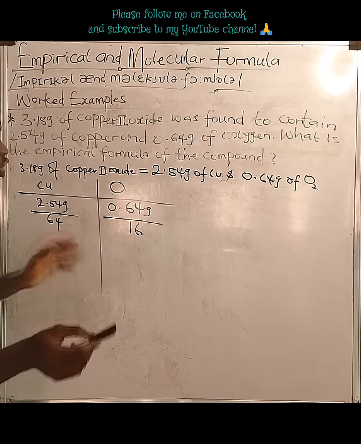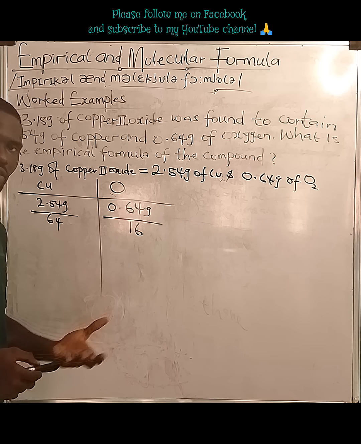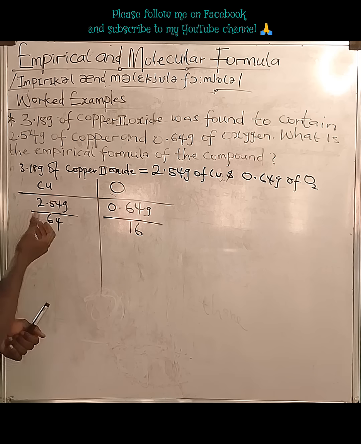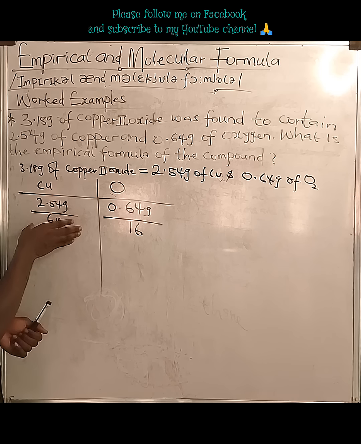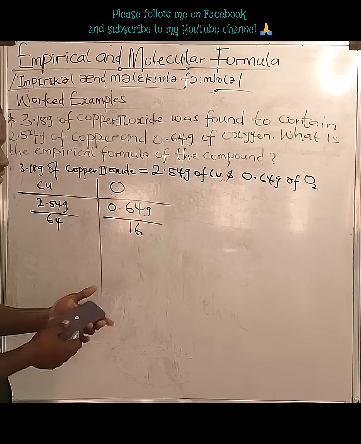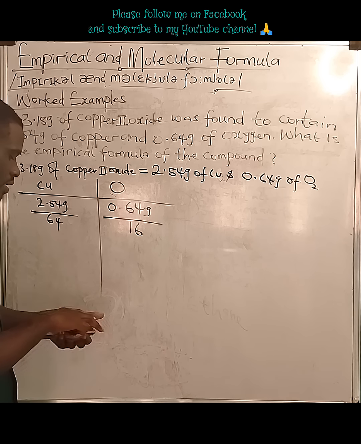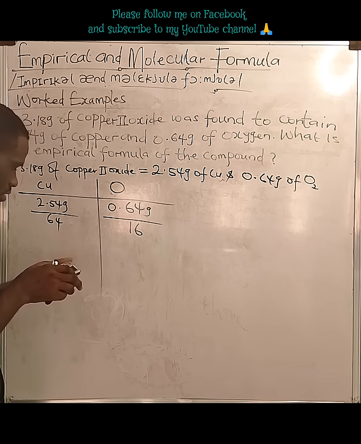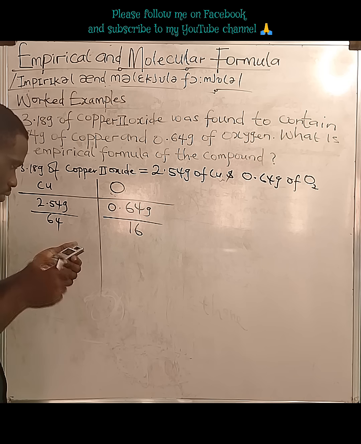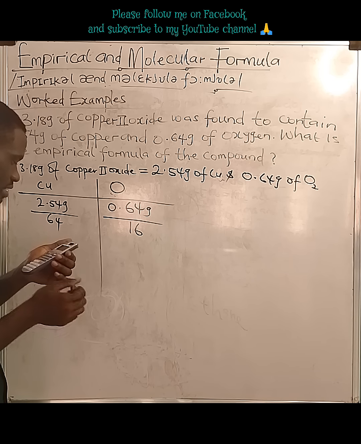Now I'm going to show you also that we could use our percentage. We could decide to use percentage once we're done with this, and we try it the other way around. So 2.54 over 64 is the mole of copper, and this is the mole of oxygen. So 2.54 over 64, we're going to be using our calculator to get that done. Let's see what that would give to us. 2.54 divided by 64. What do we have? We have 0.039. So we can call that